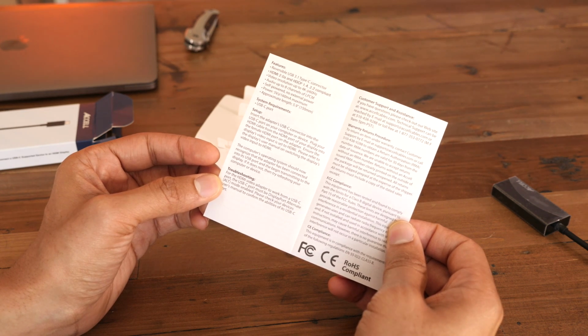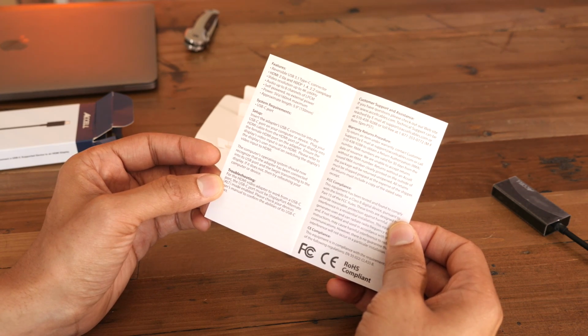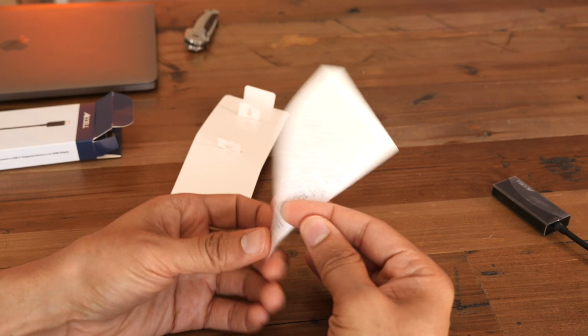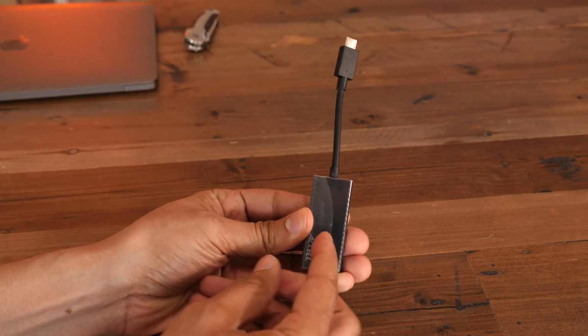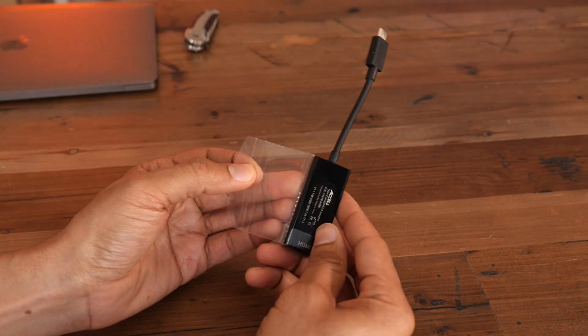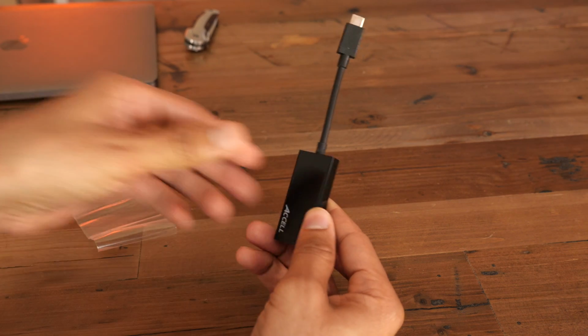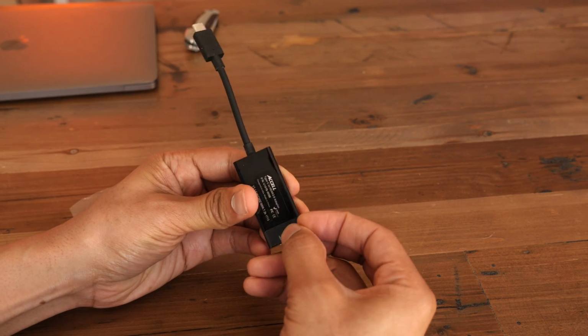All you have to do is plug in an HDMI cable and then plug in the opposite end of that cable into a display that supports HDMI 2.0. When you do that, you get 4K at 60 Hz. So unlike the previous AUKI adapter that I recently reviewed that was HDMI 1.4b only and it only supported 30 Hz maximum, you will have to supply your own HDMI cable with Accell's adapter,